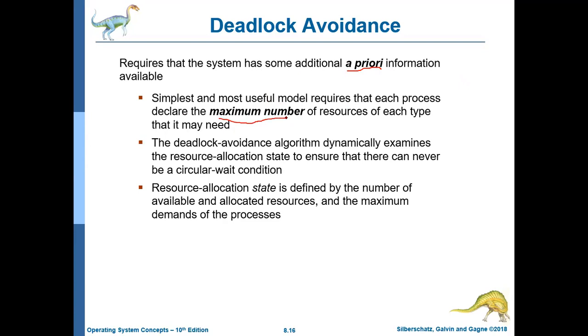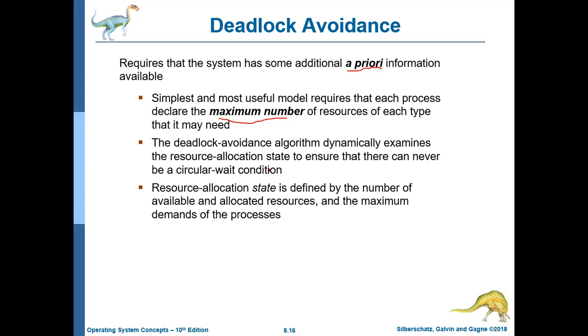The simplest solution says that whenever any process is entering the system, it tells the maximum number of resources it wants in the very beginning. It should not be the case that processes are running and in between execution a process requires one resource, two resources of R2, three resources of R3. No, it should not be the case. It should be very clear in the very beginning that this process requires this number of resources.